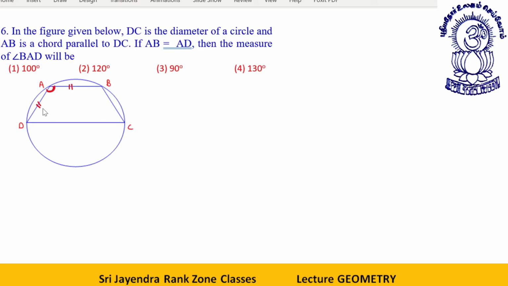We are given that this is a cyclic trapezium. These two sides are equal. Whenever in such a figure you get these two sides equal, I have initially told you that in a cyclic trapezium these two sides are equal. So what I can say is, if this side is A, this side will also be A, and this side will also be A. One thing is clear.